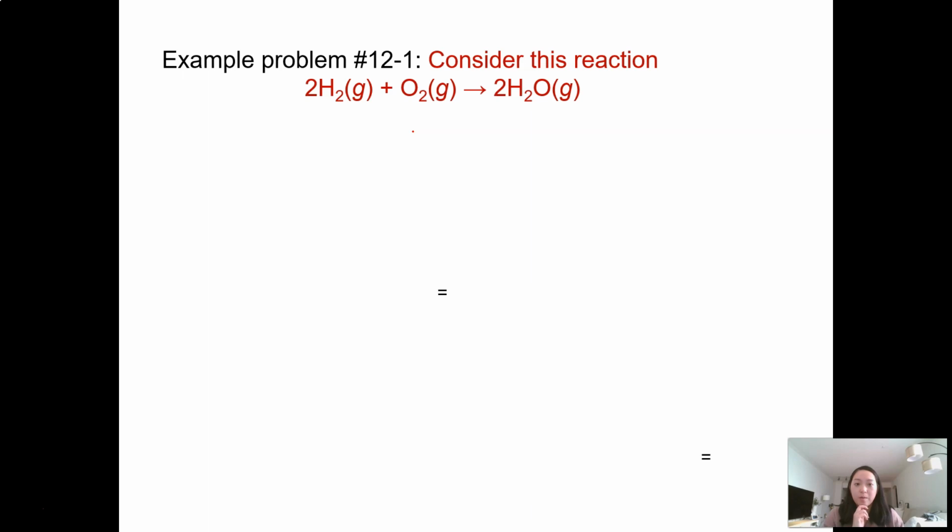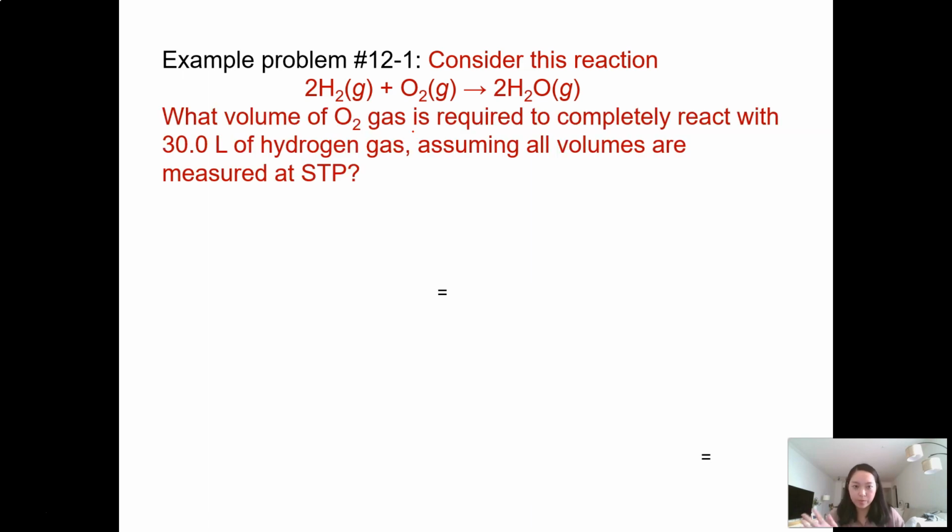So first problem, I have this reaction here between hydrogen gas and oxygen gas, creating some water vapor. We've seen this reaction plenty of times before. Now I have a different question to ask you in terms of this reaction. What volume of O2 gas is required to completely react with 30 liters of hydrogen gas, assuming that all volumes are measured at STP? And we know STP is standard temperature and pressure, which is 0 degrees Celsius and 1